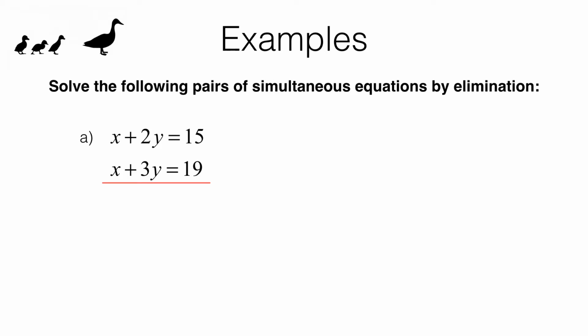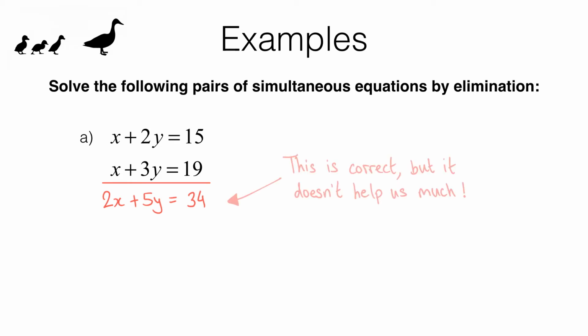Okay, if we add the right-hand sides, we get 15 plus 19, which is 34. And that's going to be equal to what we get when we add the left-hand sides. Now, x plus 2y plus x plus 3y gives us 2x plus 5y. Now, this is a correct equation based on these two, but it doesn't help us because we've still got an